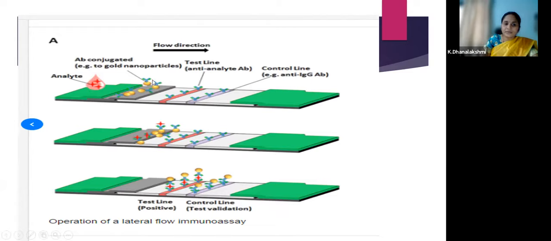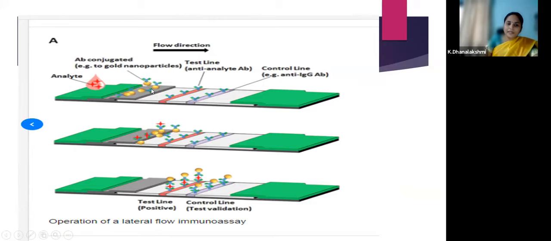Here in the absorbent pad, we have an antibody to the so-called antigen. This blue color is the antibody. To make it visible, it is always coated with a label. This yellow color is the label, here coated with gold. So this is a gold nanoparticle which is conjugated with an antibody. Here again, you have two lines. This is a nitrocellulose membrane. Once you add the blood, if it contains the antigen, it is going to come here and mix with the antibody. So here you have a formation of an antigen-antibody complex.